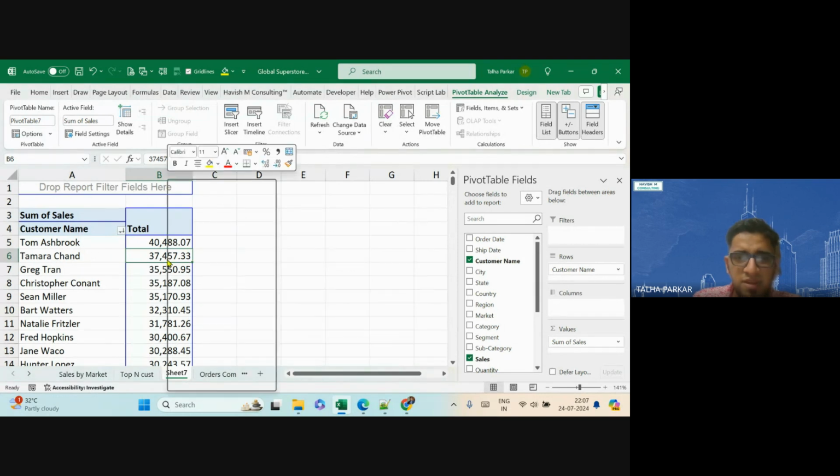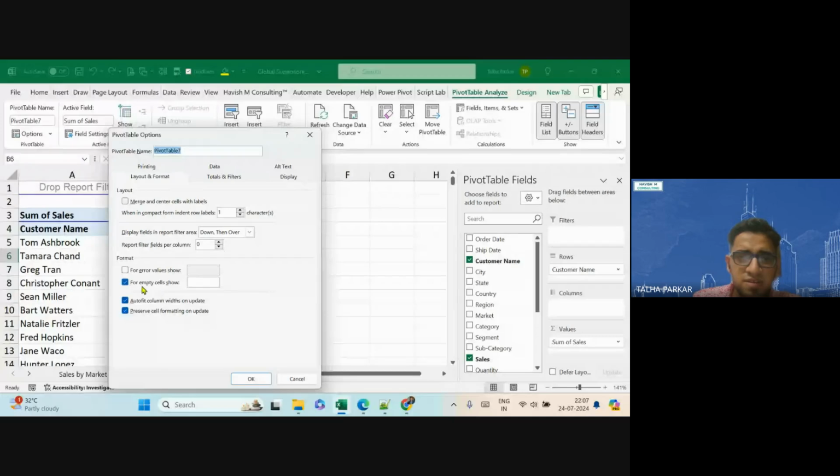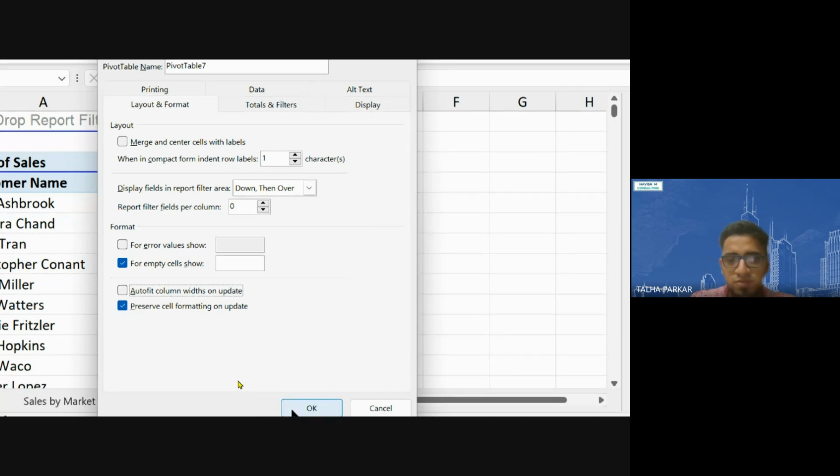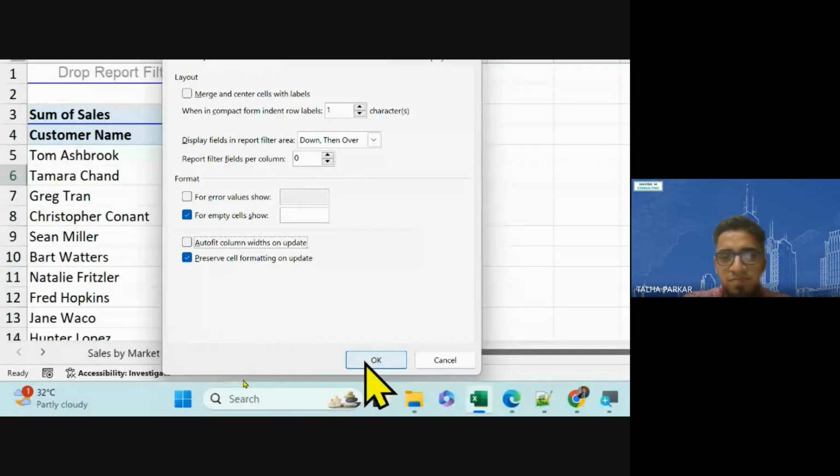या टेक्स्ट पे कहीं पर भी, then go to PivotTable Options, और इसमें ना, in the Layout and Format group जो पहला ही ओपन होता है, उसमें नीचे वाला ऑप्शन देखिए, सेकंड लास्ट, ऑटो फिट कॉलम विड्थ ऑन अपडेट। इसको डिसेबल कर देना, ठीक है। And press OK. ऑटो फिट कॉलम विड्थ ऑन अपडेट को टर्न ऑफ करके ओके पे प्रेस कर देना।